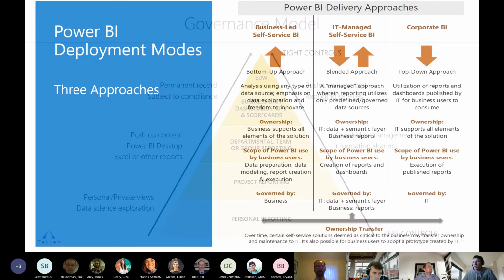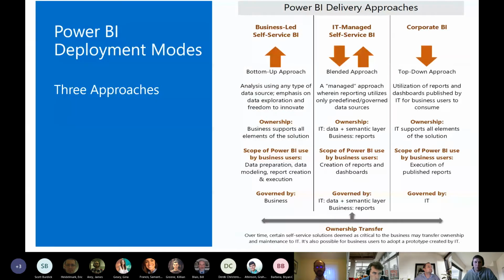So I see there being three approaches, or three deployment modes. I'll go left to right. The first is business-led self-service BI. This one's a bottom-up approach where the business governs all the datasets and reports. They're the ones that have Power BI Desktop. They're preparing the data, creating the data models, ultimately publishing that to the service and sharing.